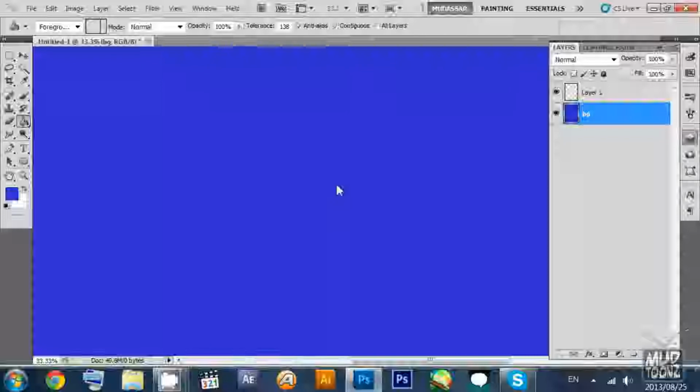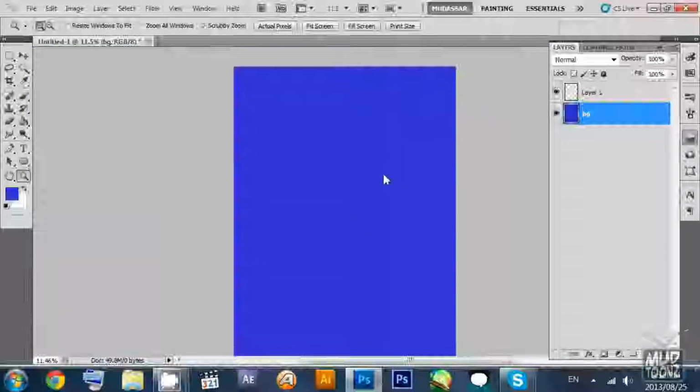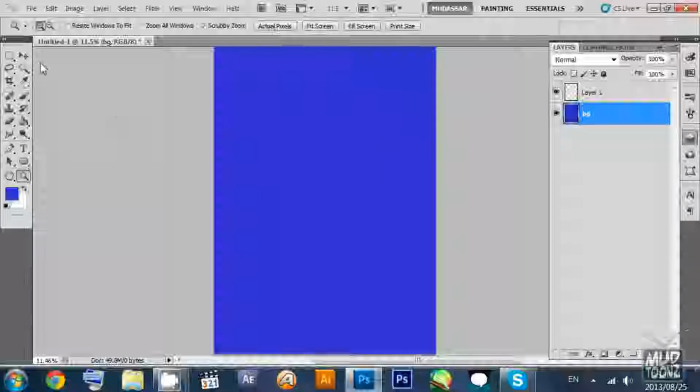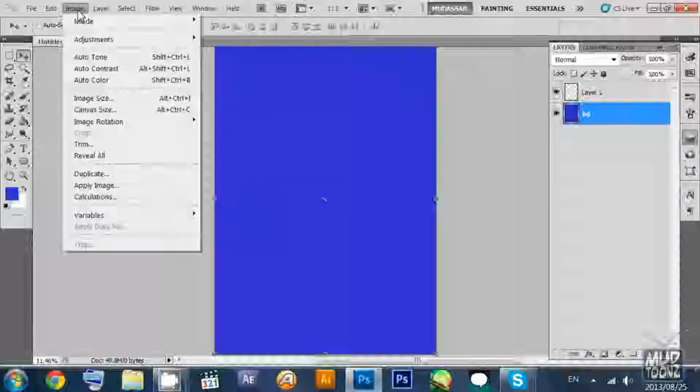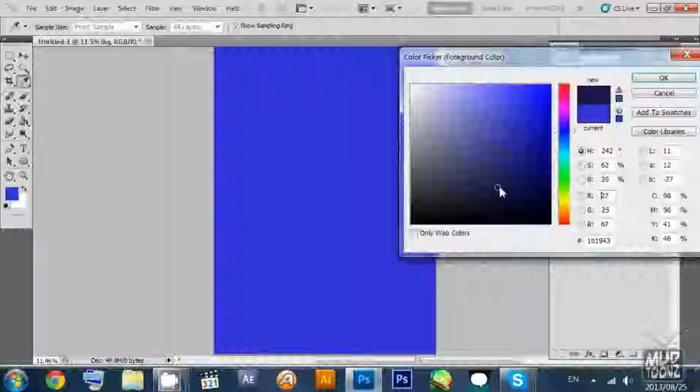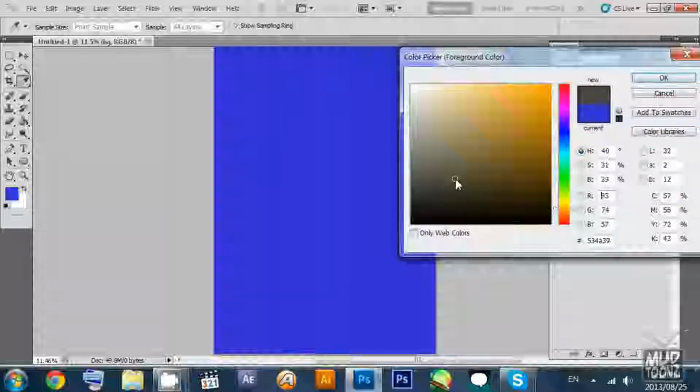But still this blue looks to be very bright. Zooming out to see what it looks like overall, and I'm still not satisfied with it, so I go to image. Probably I might choose some lighter color from the color picker. Let me just see what color I want. Somewhere around here. Okay,